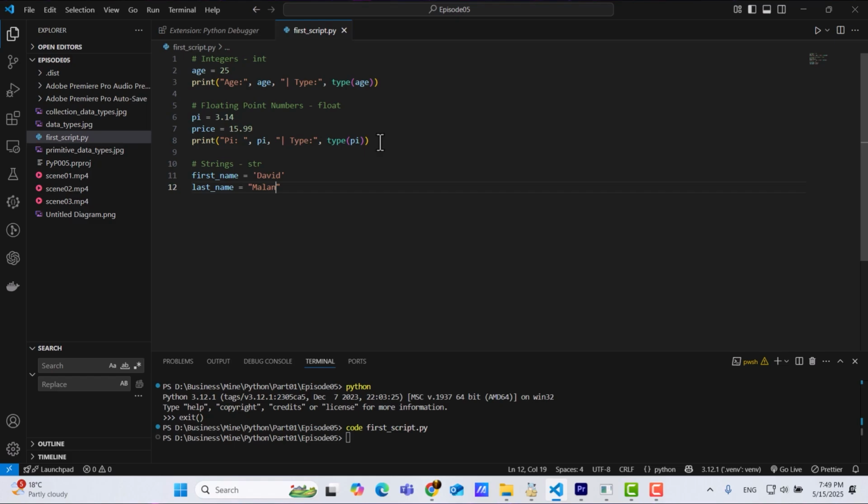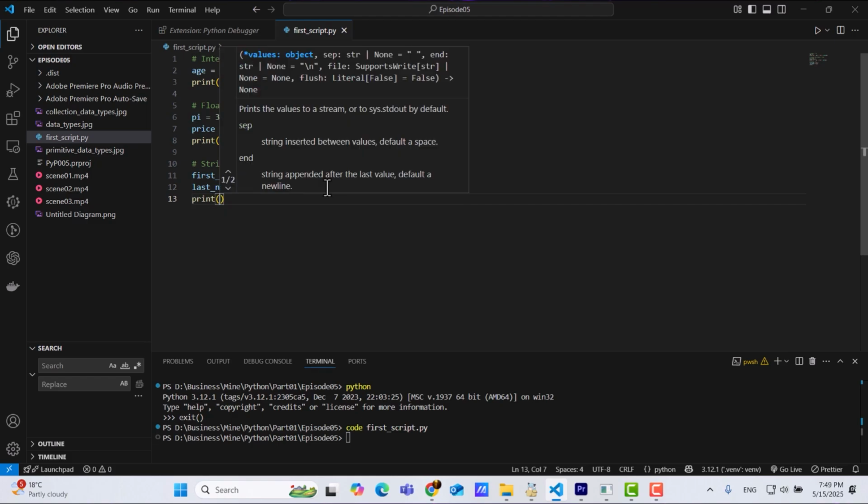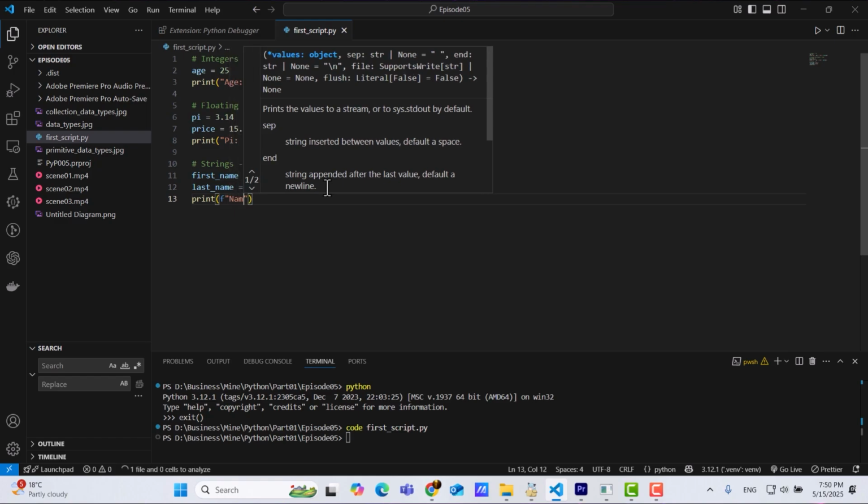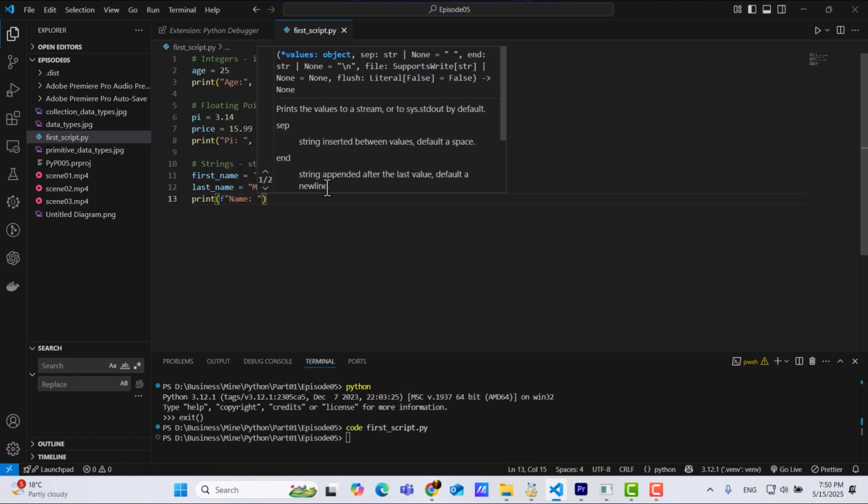Now, you can use another type of print that is called printf string. For writing this, we use the f string type. F string is equal to